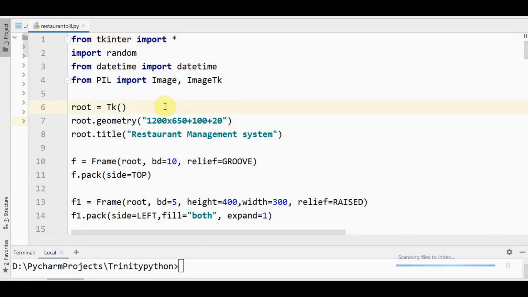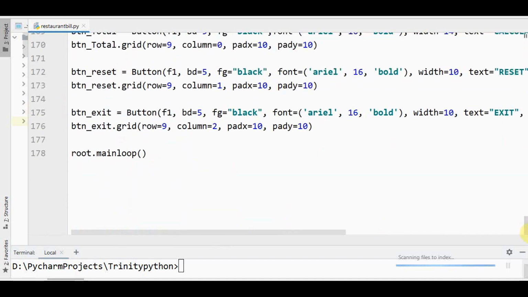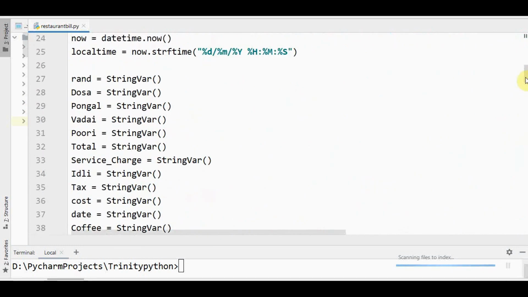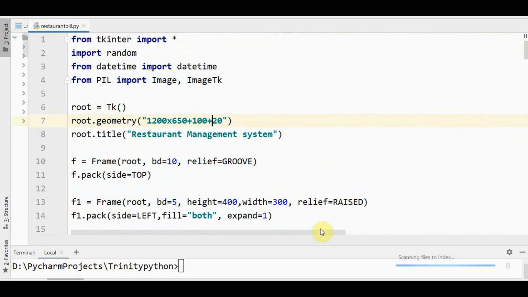Okay, we are going to create this tkinter window by creating an instance of tkinter, that is root, and we are setting the width and height, and also the x coordinate and y coordinate position where this window should be placed, and I have set the root.title. And finally, at the end of the file, you have to give root.mainloop so that this app will be ready to run. So this is the first step for any tkinter application.